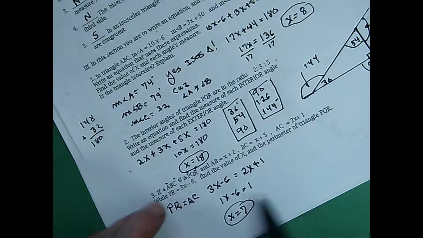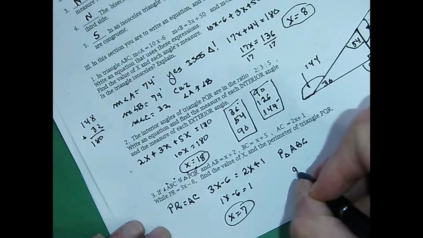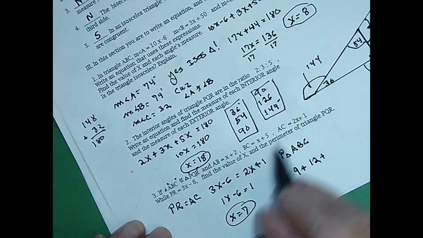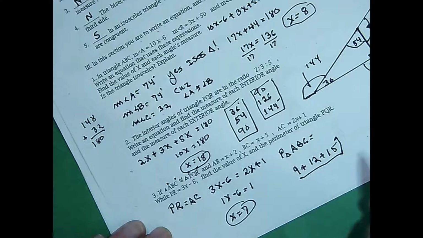First, let's find the perimeter of triangle ABC. AB, if x is truly 7, would have been 7 plus 2. That would have been 9 plus, and BC would have been 7 plus 5. That would have been 12. Plus, and then AC, 2 times 7, 14 plus 1 would be 15. There's the perimeter of triangle ABC, and that's 21 and 15. I think that's